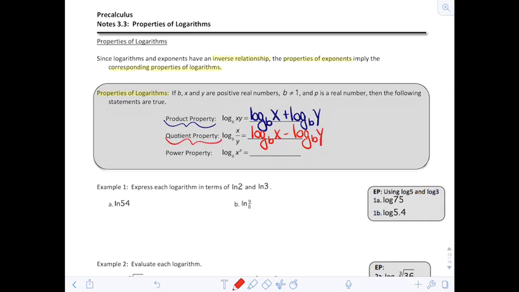So then there's the power property, and this might be the one that you may use the most when we're solving in the next few sections. So the power property says if I have the log base b of x to the p power, I can bring that exponent down to the front of the log as a factor. So then I would rewrite this as p times the log base b of x. So it's no longer an exponent, it is a full-blown factor that we can use as we're solving using algebraic